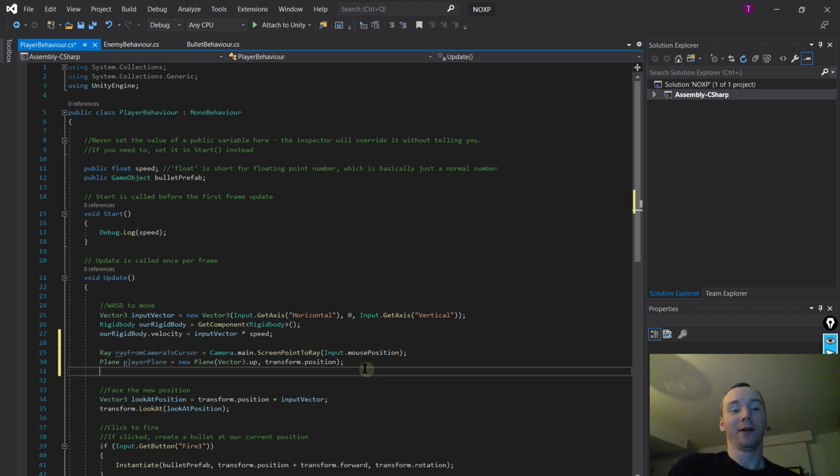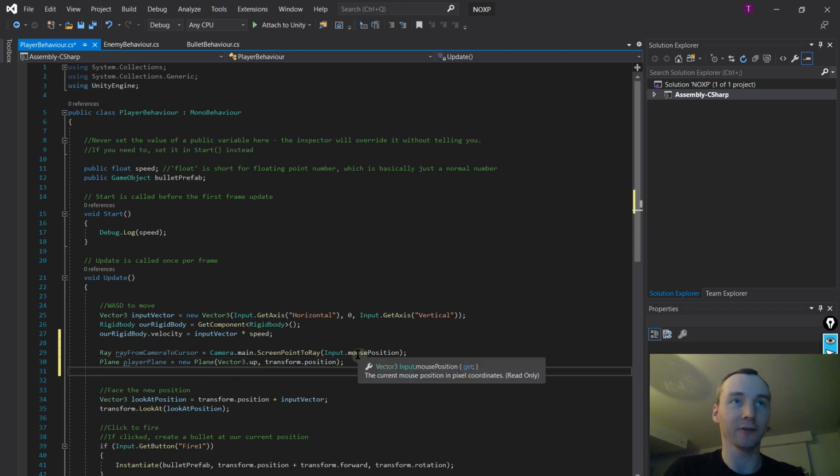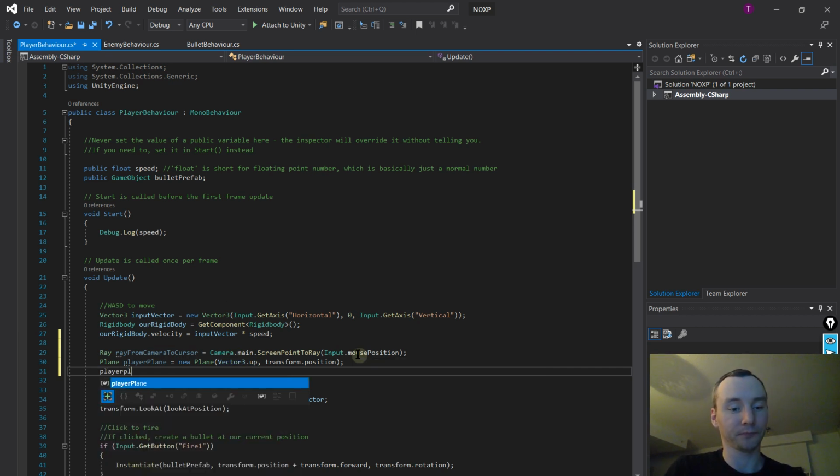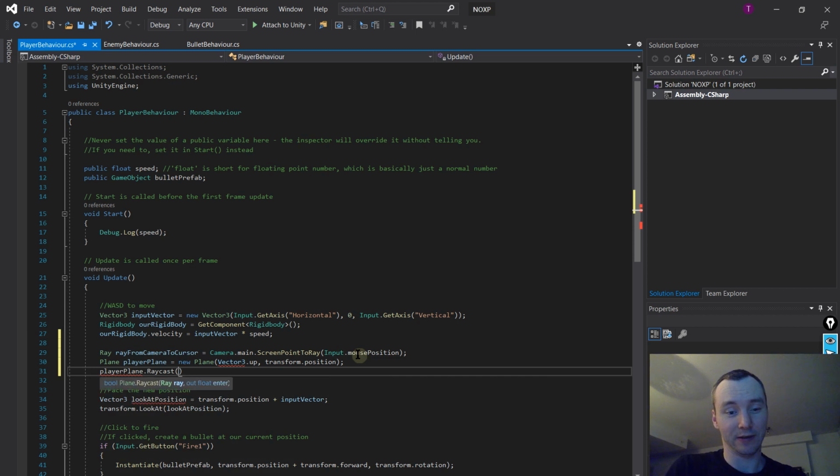Okay, so the plane we care about starts where we are, our transform position, and if we tell it which way is up, then Unity can figure out how to make the plane from there. Again, don't worry if you're not entirely following this. And now, playerPlane, we're going to ask it to raycast the